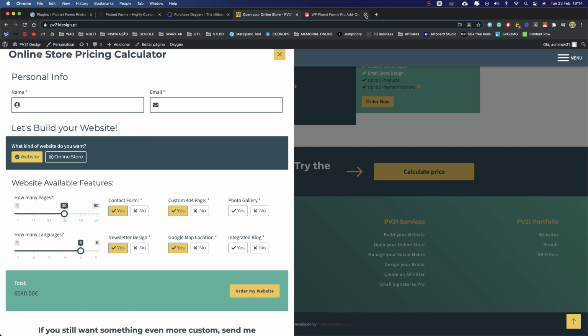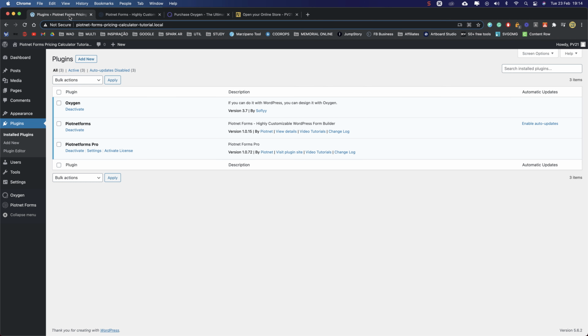Let's close this for a second. Right here I already installed Oxygen and Punet Forms Pro, which adds the Punet Forms free plugin as well.